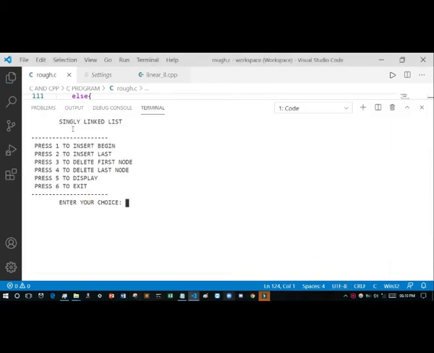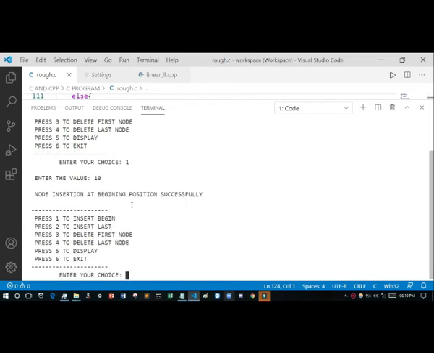See, I have run this program. This is a singly linked list and it compiled successfully. Press 1 to insert at the beginning. I press 1 and I want to give 10. Enter. See, node insertion at the beginning successful. I want to display because I have stored a node.